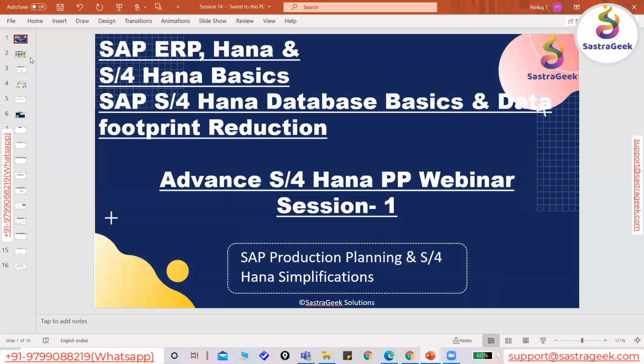Okay, so today we will start our SAP Advanced Production Planning session. This is in continuation of our basic production planning session. This session is the 14th session, I guess. We already have done 13 sessions before, where we have discussed SAP production planning basic functionalities. And today onwards, we are supposed to start our SAP production planning training with advanced